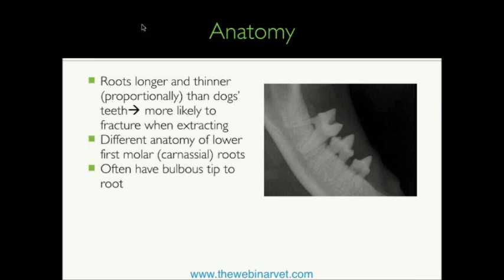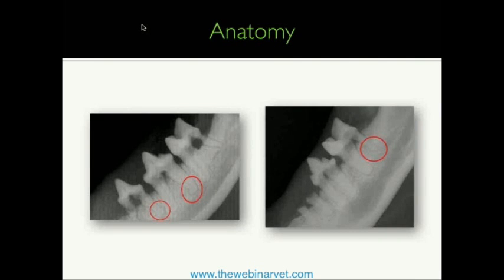The other thing they can have is a sort of bulbous tip to the root, or a little hook on it, and that can make extractions quite challenging. And without having dental radiography, you won't know that there's a bulbous tip there, and the tooth will break, and you might think that you've got all of the root out,